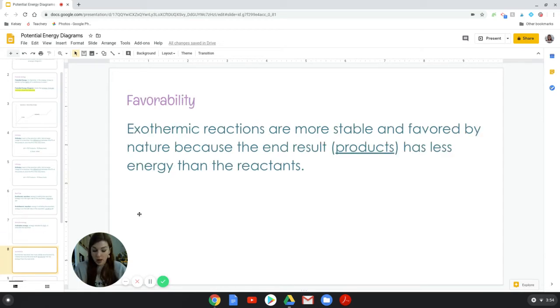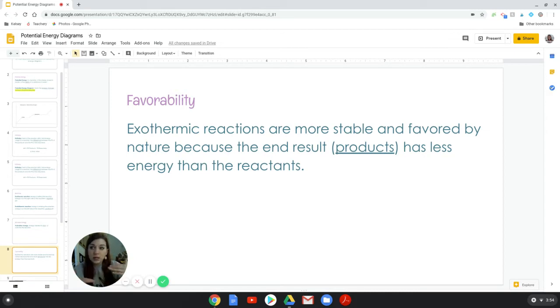So, nature does like one of these reactions more than the other. Nature really prefers exothermic reactions. And the reason for that is because nature is looking to get rid of energy and not hold on to it. So when you see the graph, it may make a little bit more sense, but what happens is that as we are losing energy, the reactants started, we'll say, with 10 kilojoules of energy, and then